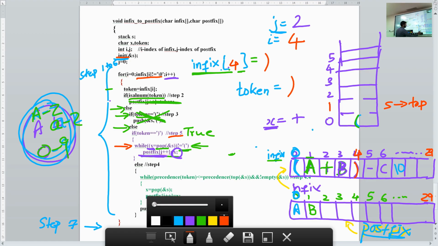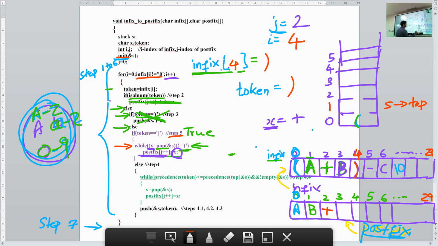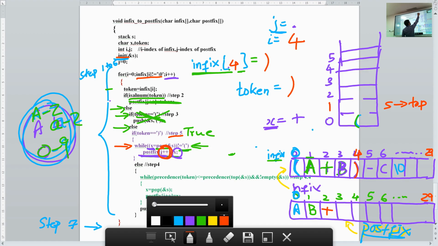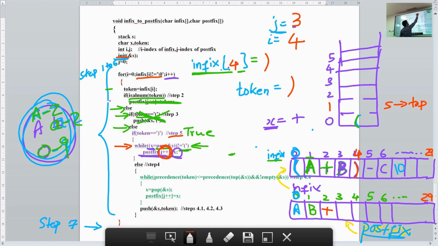So add it to the postfix array, so we will get plus here. After you add it to the postfix array, increment the value of j. So now j value will become equal to 3.